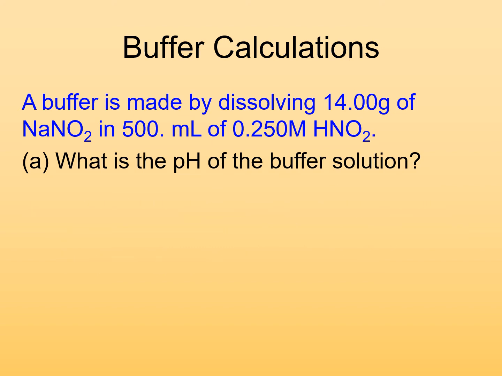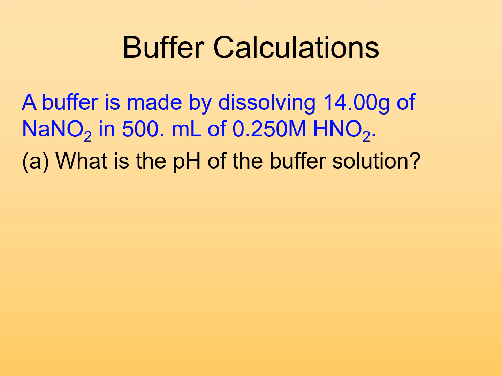First step is what's the pH of the buffer solution. So remember this, you can use the Henderson-Hasselbalch equation. But remember, with Henderson-Hasselbalch, you either have to plug in molarity or moles. Well, we do not have molarity for both, but we have enough to figure out moles for both. So we can take the 14 grams of sodium nitrite, divide by the molar mass to figure out how many moles of sodium nitrite. So that would be equal